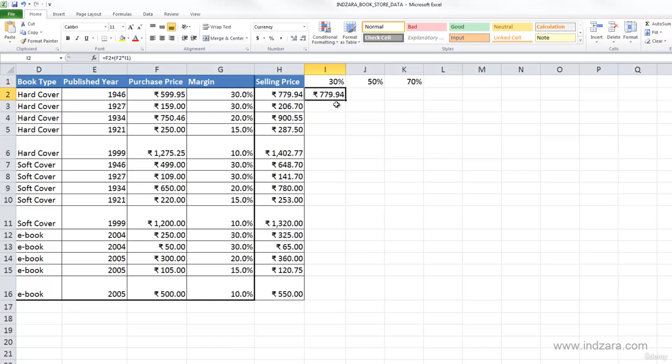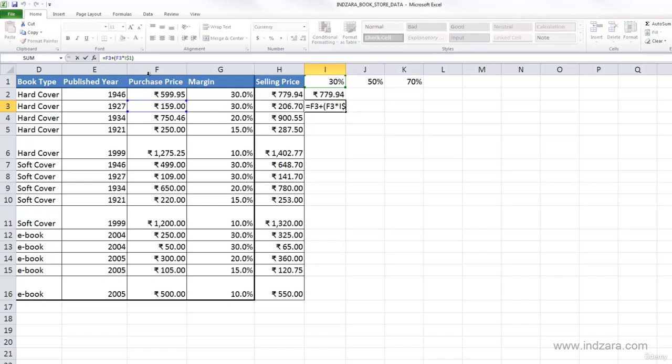So in order to achieve that, what I need to tell Excel is that when I'm copying cells over here, we have to lock the first row in I1. So I'm going to type dollar in front of 1 and hit enter. Now you can see that the purchase price is a relative reference, which means when I copy down, Excel will increase the cell reference in the row, which means F2 becomes F3 and then F3 again